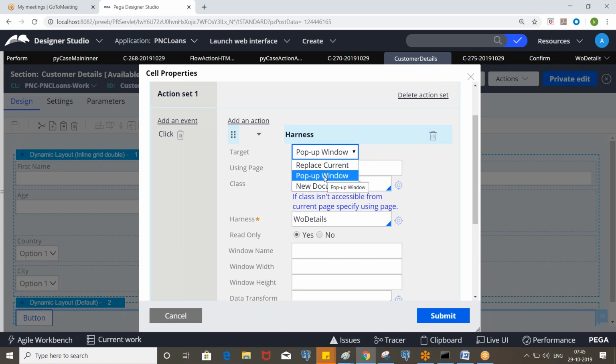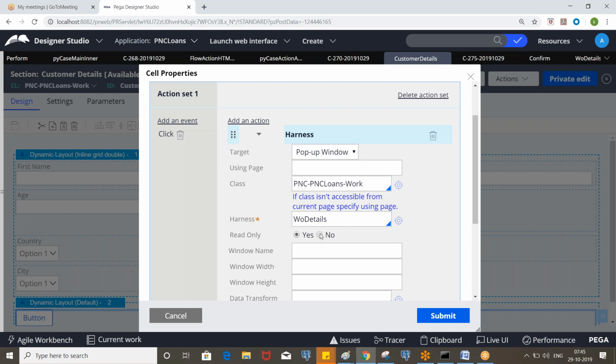Pop-up window is like a modal dialog. Replace current means the current screen will be replaced. New document will open in a new window. Okay, and read only: if it is yes, you will see it in the read only format. If you don't make it read only, and you use any section, that data will be available in the read only format by default.